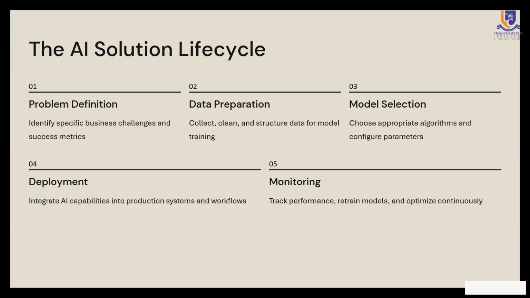So once we know what data we're going to need, we'll need to collect, clean, and structure the data for our model training. Then we decide what type of model we want to use. Now, like I said, all these are very important steps in the life cycle and need immense intention, because if one step goes wrong, you lose so much work. Even if it's easier now, you have to pay attention to every detail along the way.